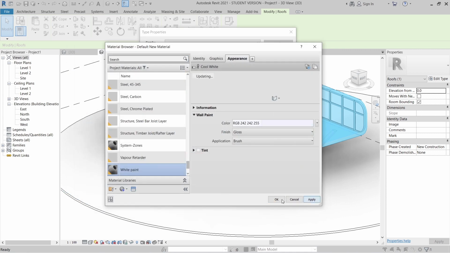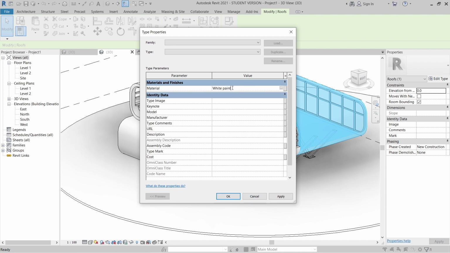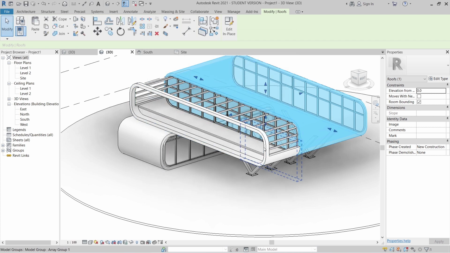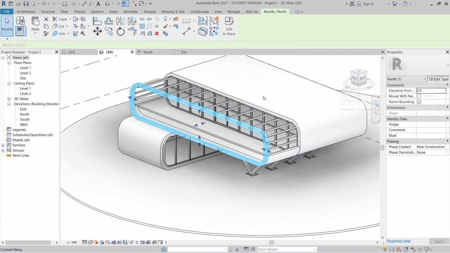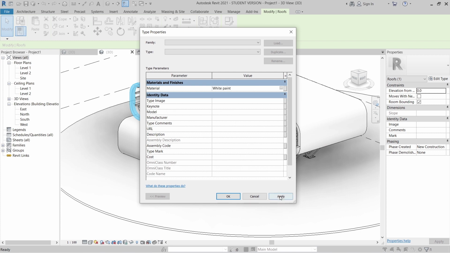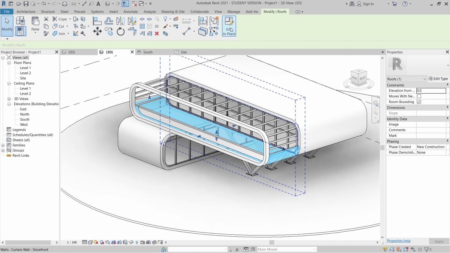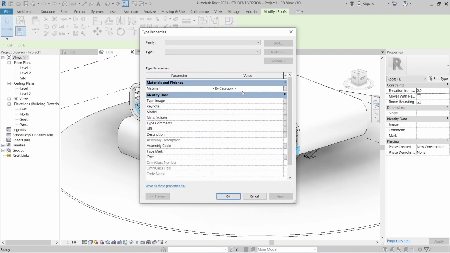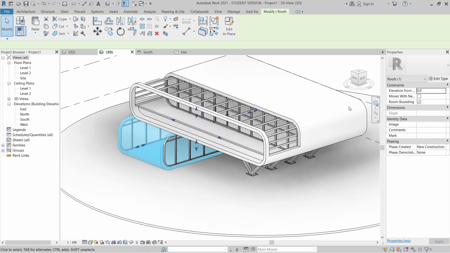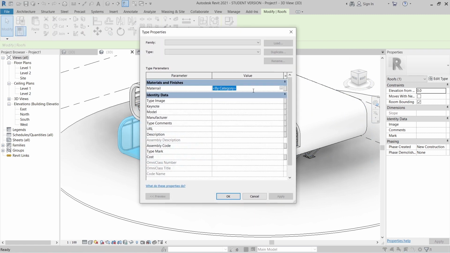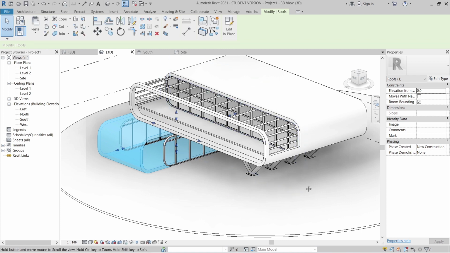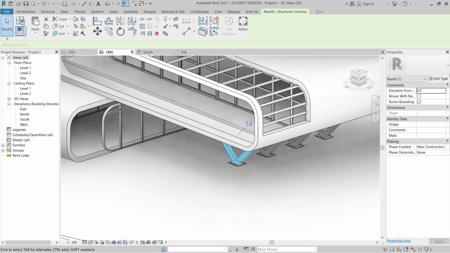Let me copy first. Control C for copy. Later on I need to use that. Again, like here, edit type, simply copy and paste. And here again, edit type, copy here, apply, hit finish. And again, our building, edit type, Control V for paste, hit apply. And our column here.